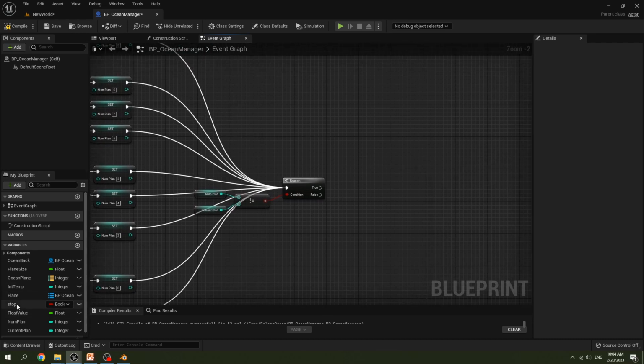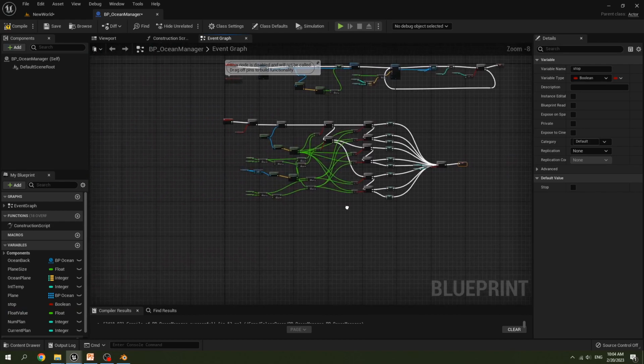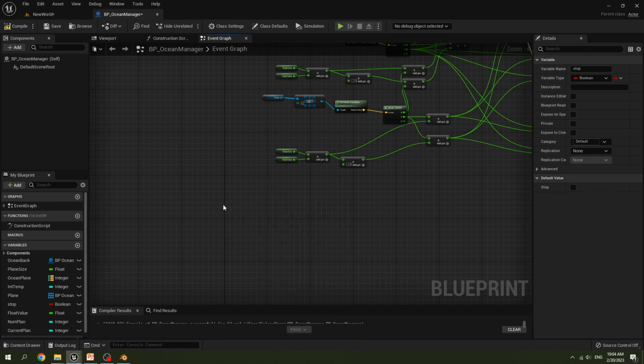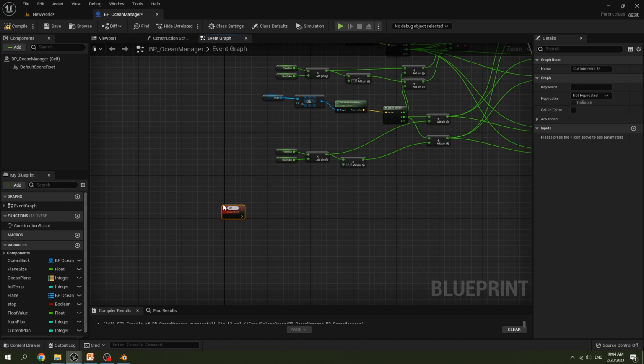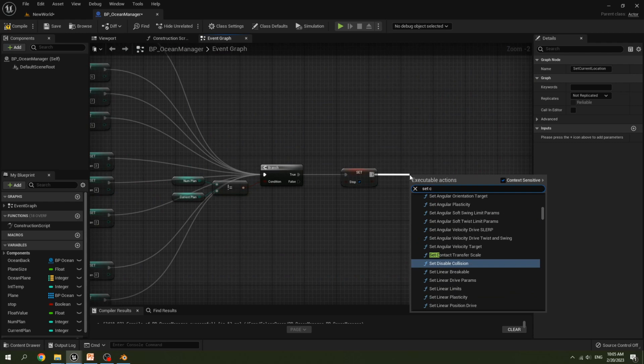If it's true, set the stop to true. Then create a custom event. Call it set current location. Then call this set current location event.